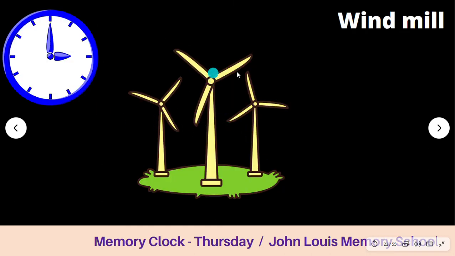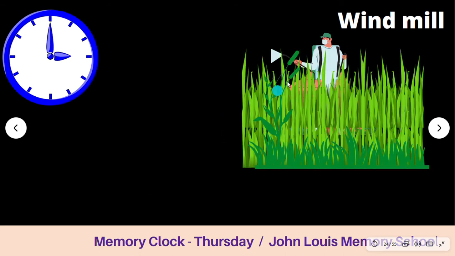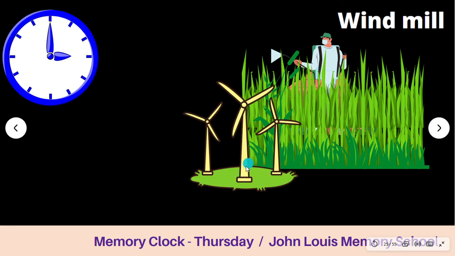Windmill. Because it has three wings, I also have put three windmills so that it represents number 3. Now, what is the thing you have to do at 3 o'clock? Oh, you have to spray insecticide in some fields. So you are spraying the insecticide in a field, but at what time? 3 o'clock. Therefore, you can imagine there are lots of windmills with three wings each in that field. So just imagine that. That represents number 3, that is 3 o'clock. You need to spray insecticide.